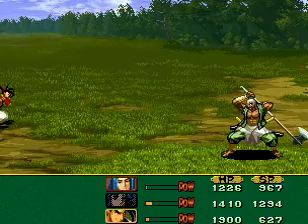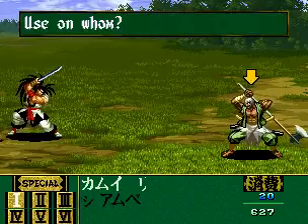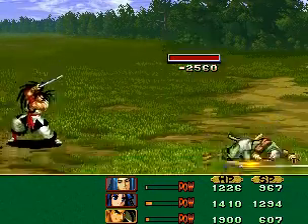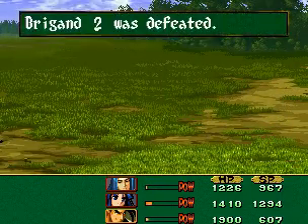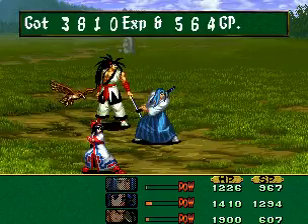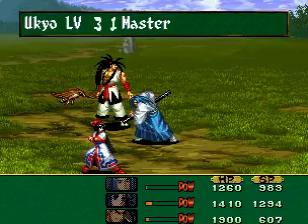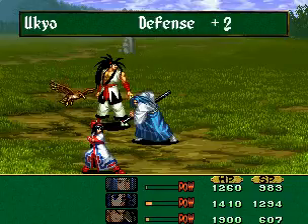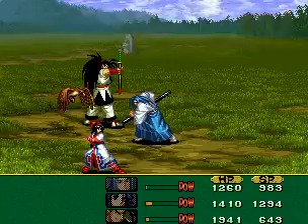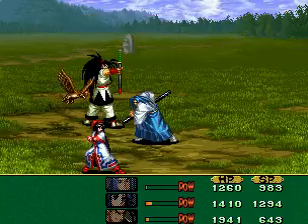Have at the brigand. Yeah, when I'm fighting those things, I really wish I could. Okay, I get it. There we go, level up. Antidote, okay. This is a Nebula